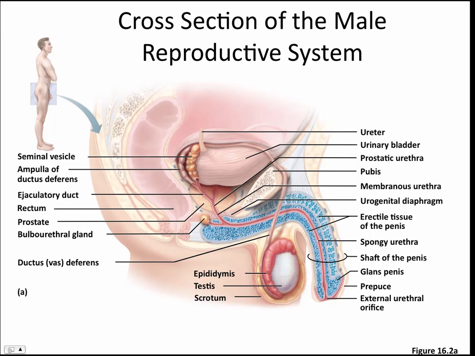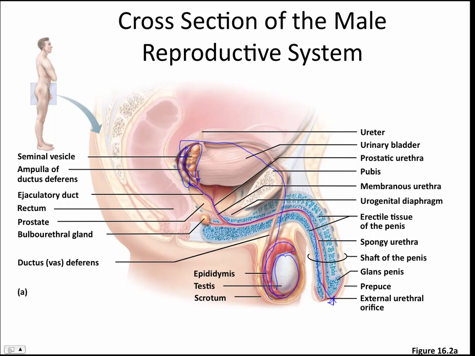There's a cross-section of that male reproductive system. So here once again are the testes, epididymis, vas deferens. Here we have the ampulla of the vas deferens or ductus deferens. Here's a seminal vesicle that's going to give rise to the secretions to help activate all that sperm with the vitamins and the prostaglandins. And then finally out through this ejaculatory duct into the urethra and then out of the